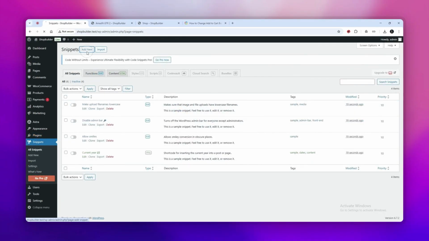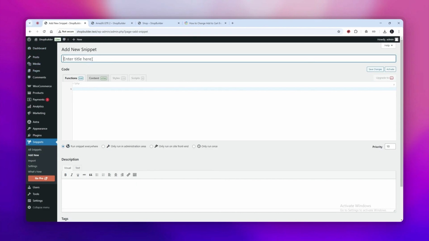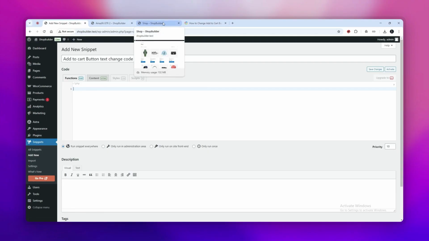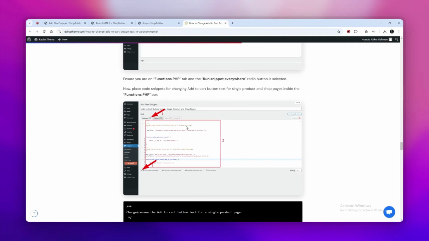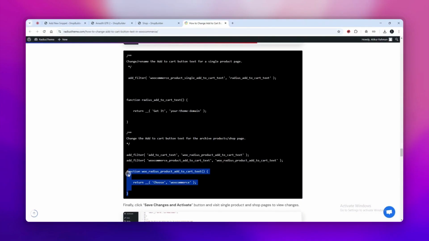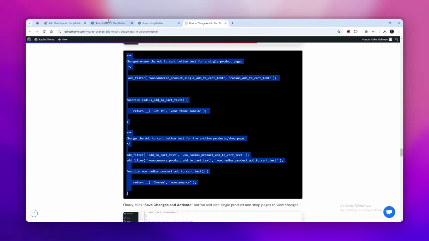Once activated, navigate to its settings and customize the text as per your preference. For this, click on Add New and set the title here, like Add to Cart button text change code. But ensure that you are on the Functions.php tab and the Run Snippet Everywhere radio button is selected. Then click on Functions. Now copy the code snippets from here